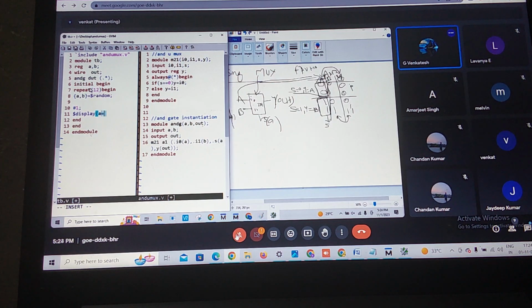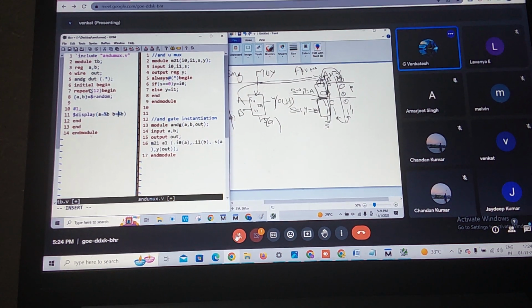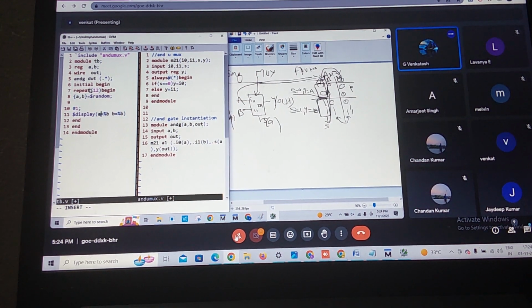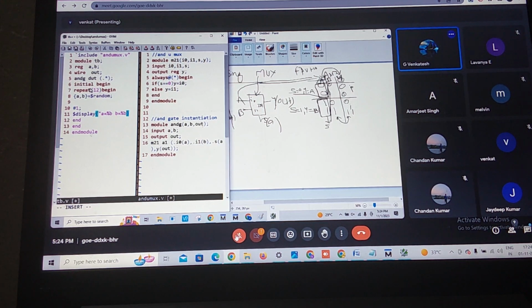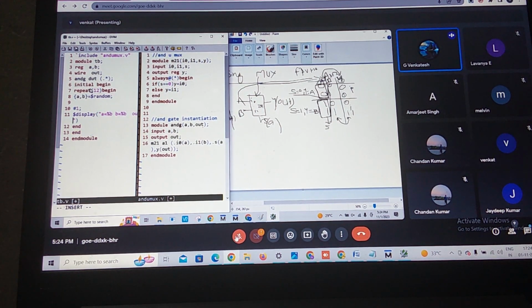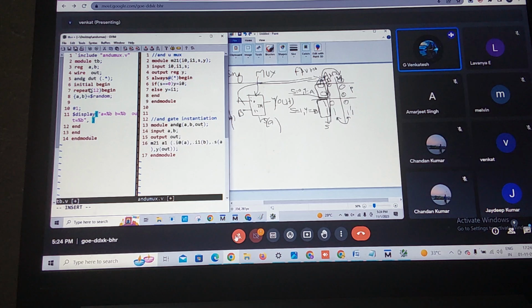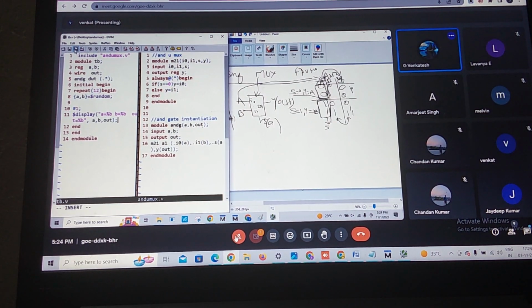So A is equal to percentage B, B is equal to percentage B. Output. This is completed.